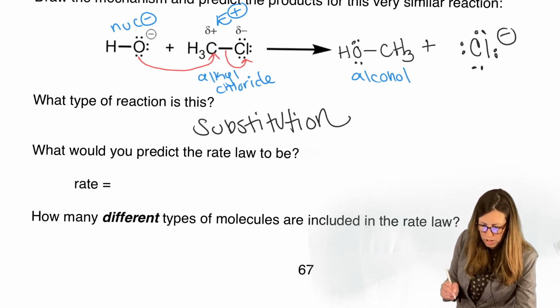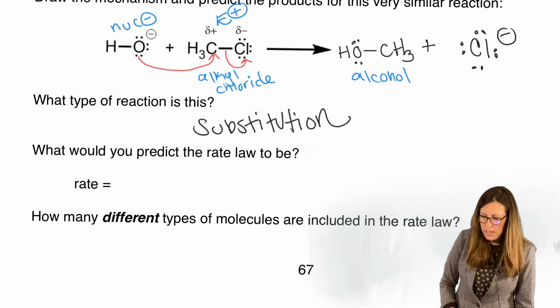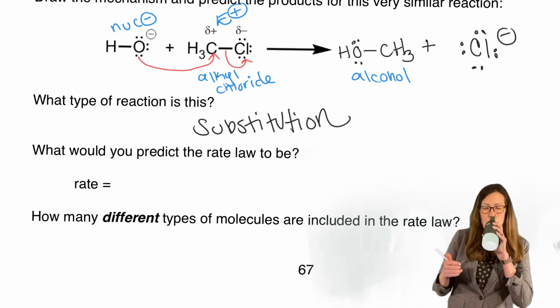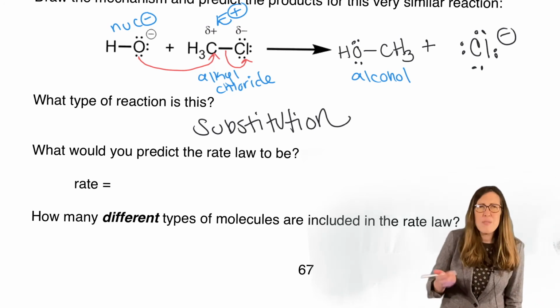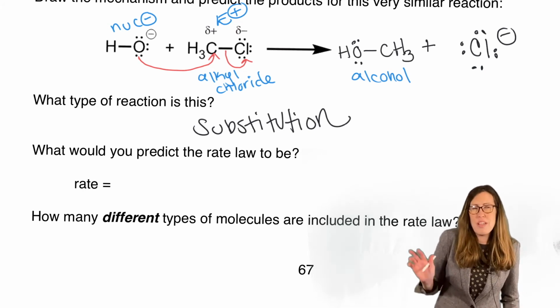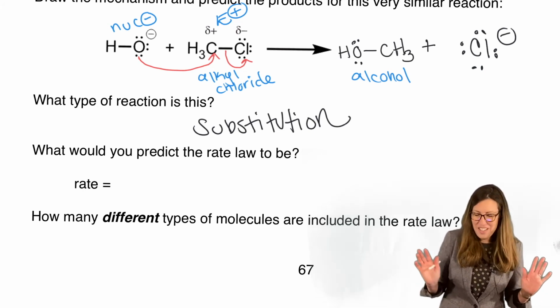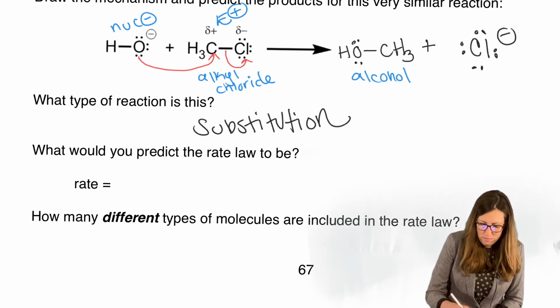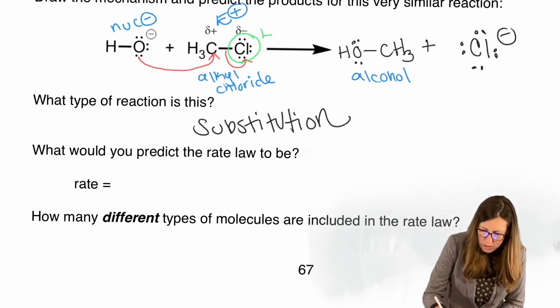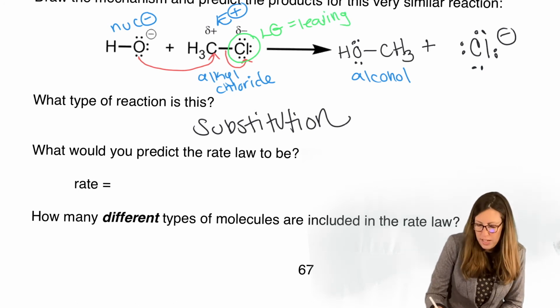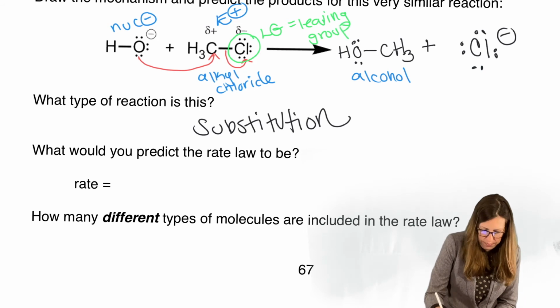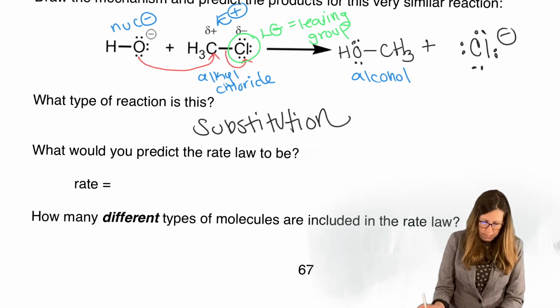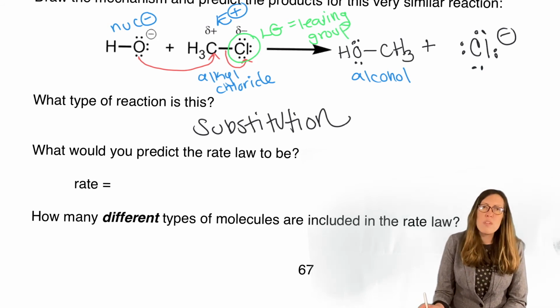Okay, so a couple other terms. When chloride left, not everything will leave. Some things will say, I'm just fine right here, thank you very much. But chloride was willing to leave. That's something special. So this is called a leaving group, LG. That's going to be an important feature of a substitution reaction. You can't do it unless you have a group that's willing to leave. What made it willing to leave?